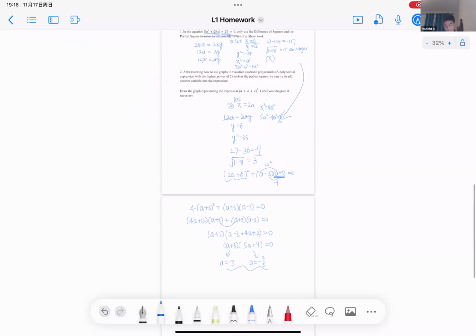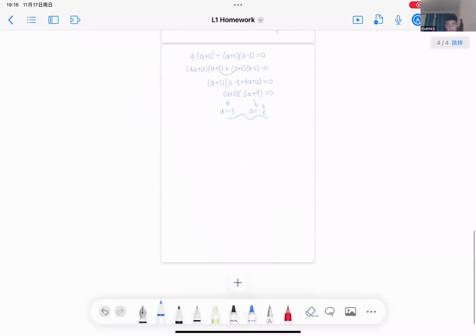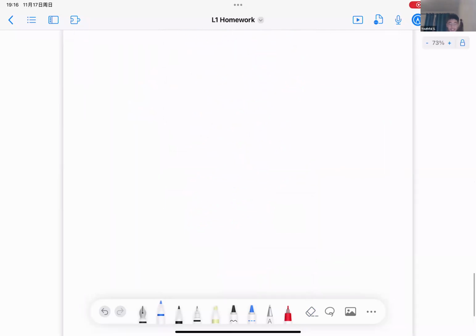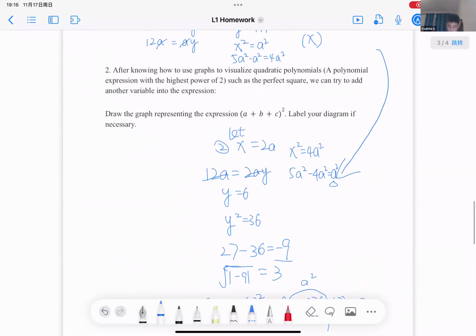I admit it's pretty... I didn't think it would be such a complicated question when I made it, but when I was doing it on my own, I thought, well, probably nobody's gonna do this. So yeah, and in fact, nobody did it, at least for all the guys who submitted the homework. So now let's take a look at